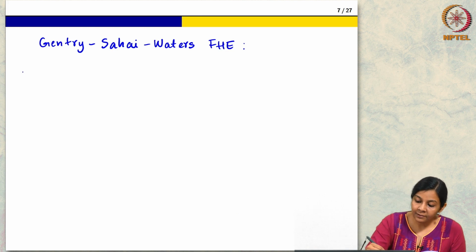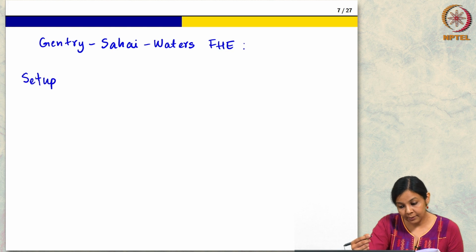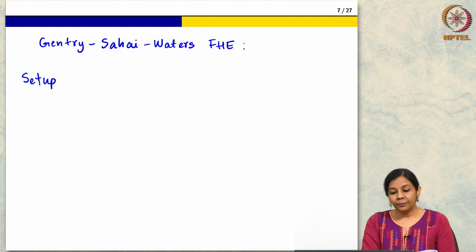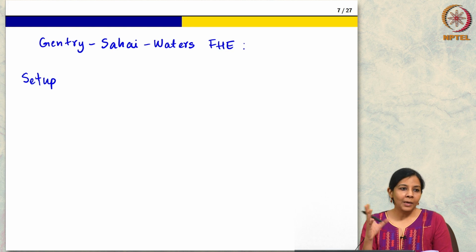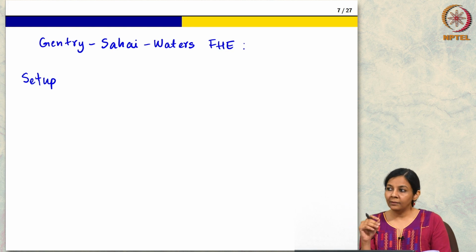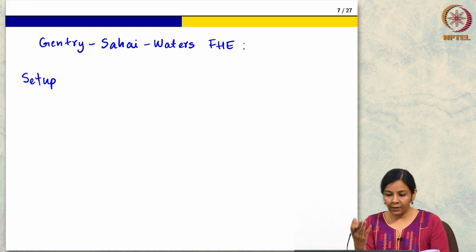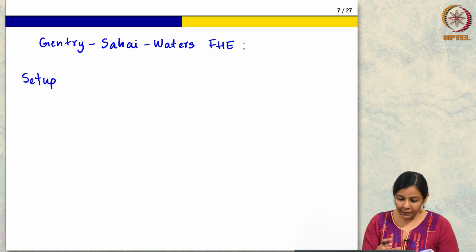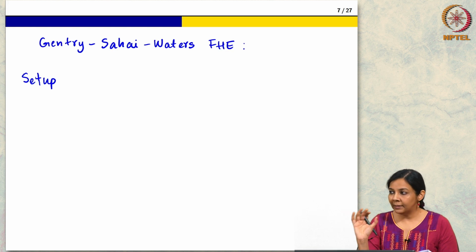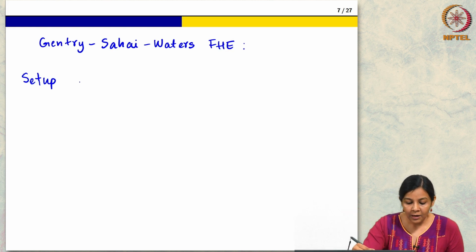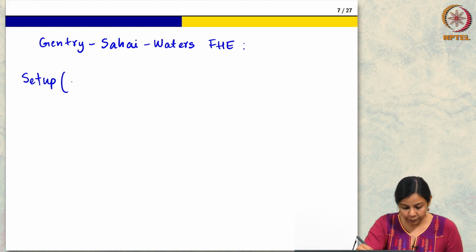So, there is a setup step. Before doing key gen, we'll just break up key generation into two steps. One is a setup step where we choose a random matrix, we make it available to everyone, and then we'll do key generation using that. This is useful later just to divide the key generation into these two steps. So, anyway, let me tell you the scheme.